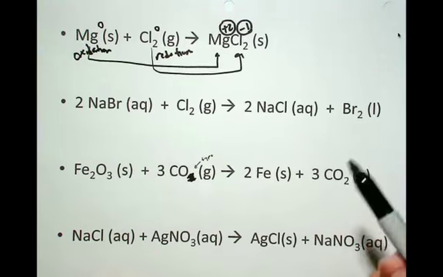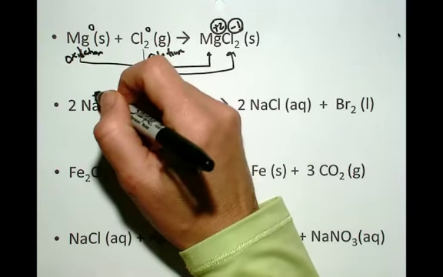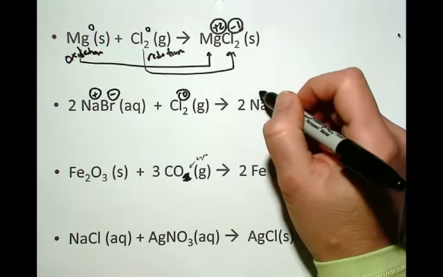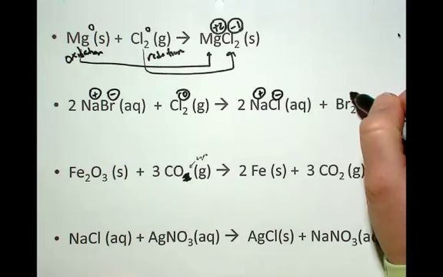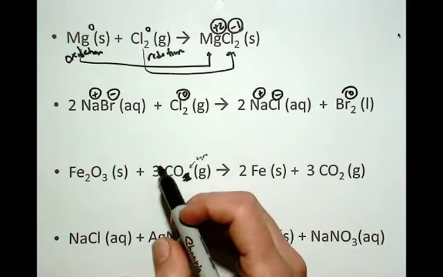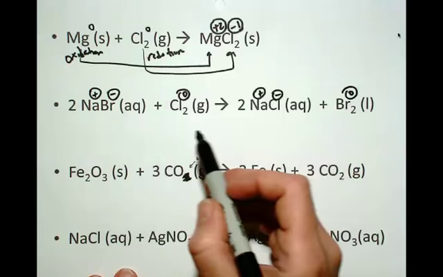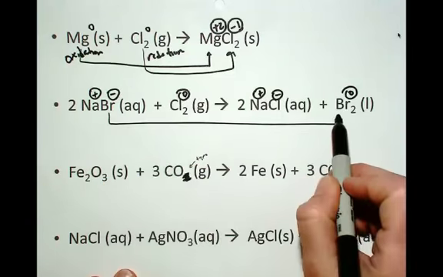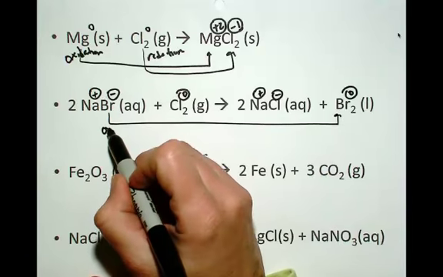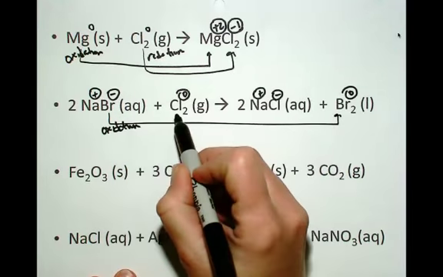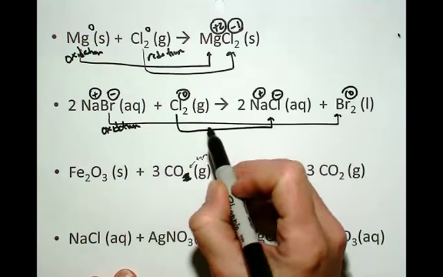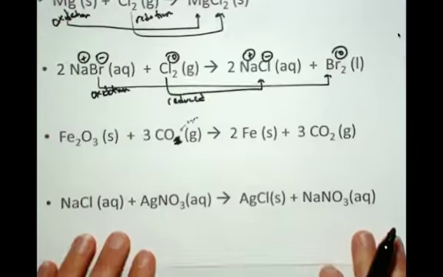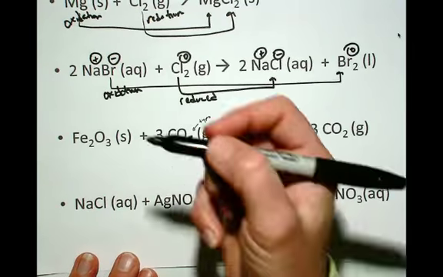Again, for this one, you should go through and you ought to be able to very quickly label the oxidation states all the way across. This should become just very easy for you. Hopefully you were able to do that. Then you can recognize that the bromide ion going to bromine is what has undergone oxidation, and the chlorine is reduced because it has gained an electron. Okay, and then the next one down,